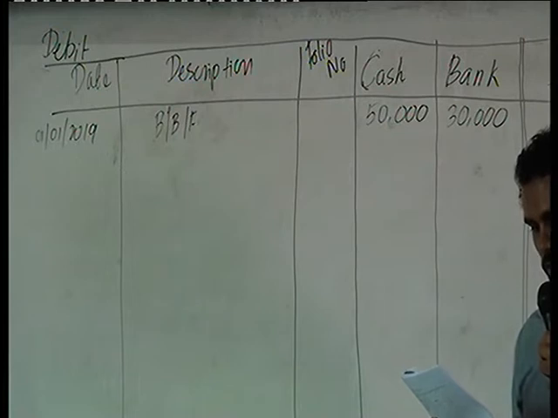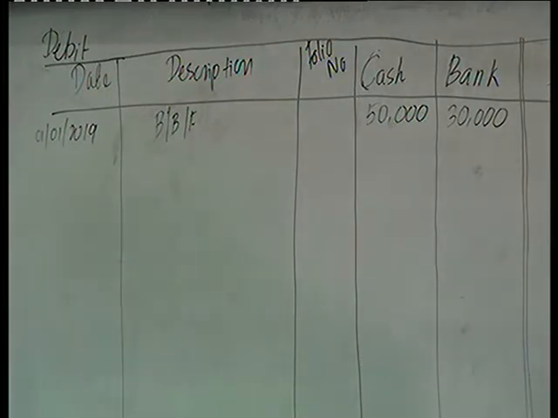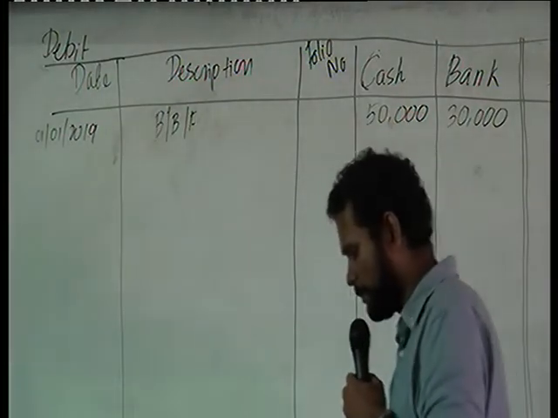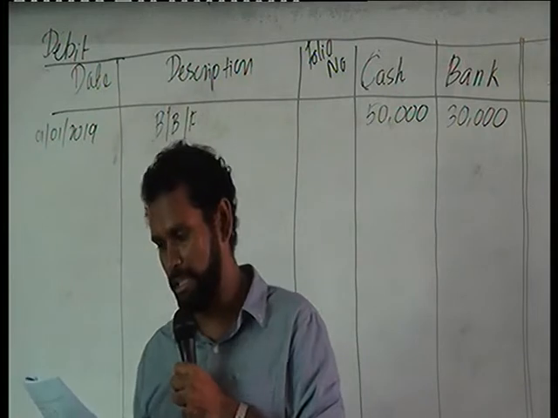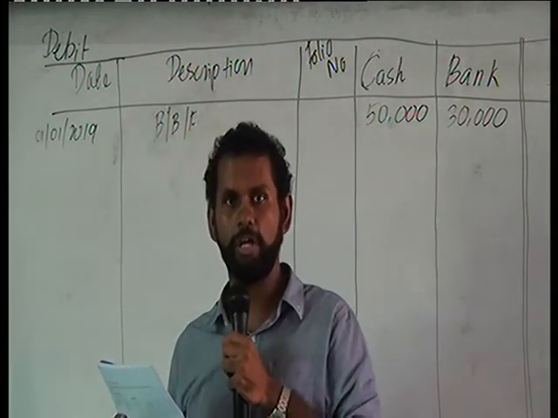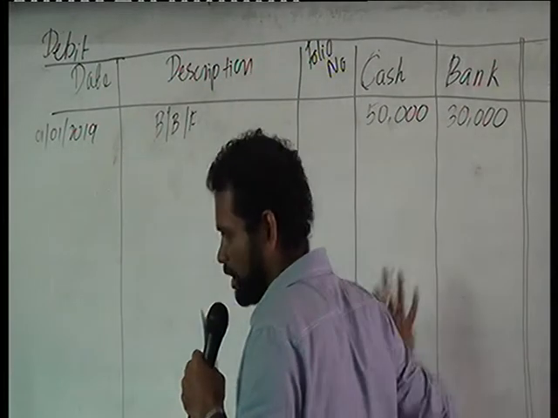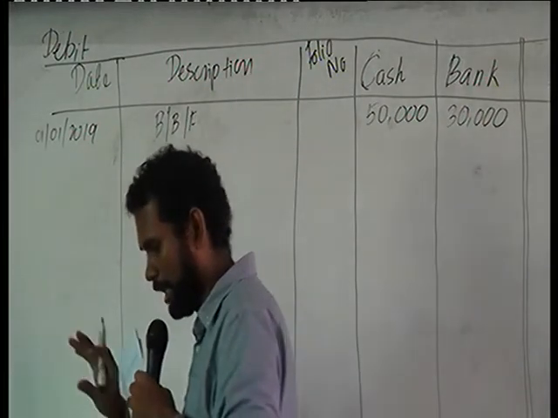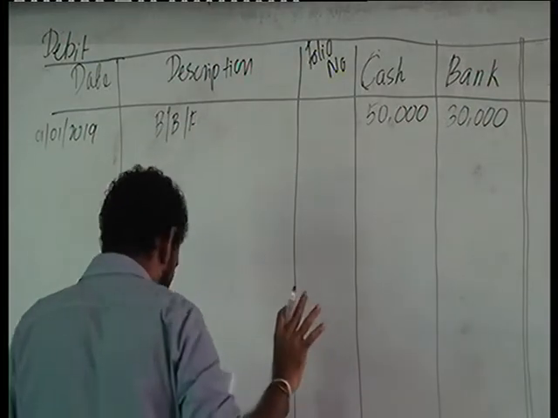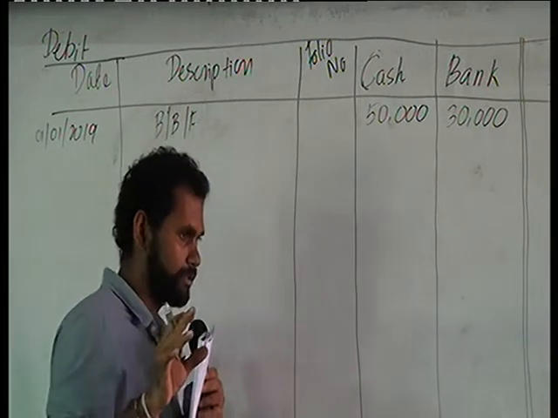1st January 2019, a check of 10,000 paid to XYZ Limited, a creditor of the business. So the company has paid 10,000 rupees to its creditor. Now how are we going to record it? Here we are looking at the cash account only. So when you look at the double entry of the cash account, should it be a debit entry or a credit entry to the cash account? Debit or credit?